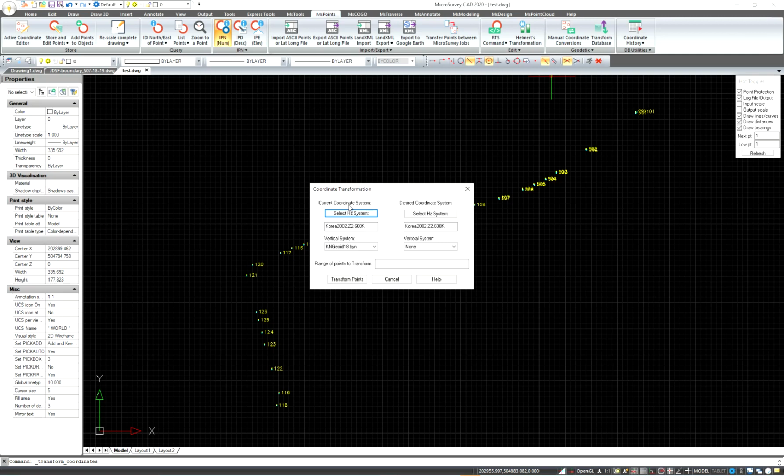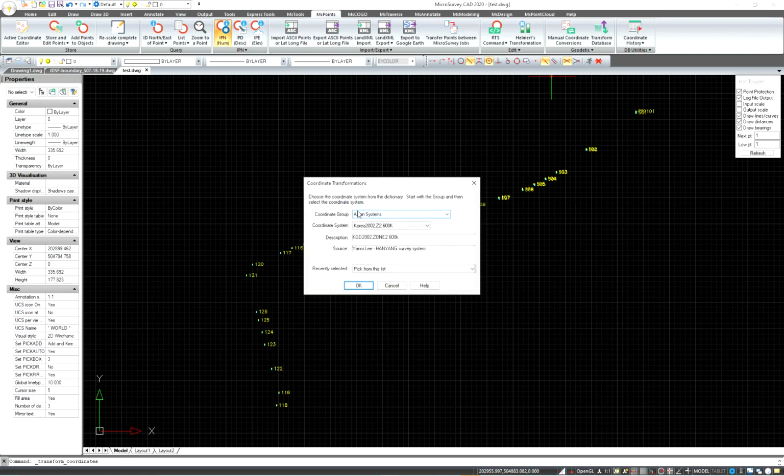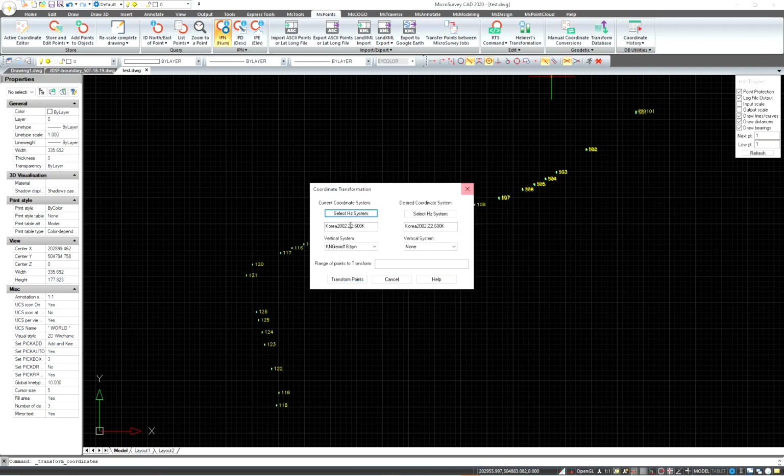So it's going to ask you to select your current coordinate system. So you click in here, you'll just have to browse to the coordinate system that the database is currently set in. I'm just going to hit cancel since mine's already set properly, and the vertical system will just be set to none, which is ellipsoidal by default. And because I am wanting to retain the coordinate system here, I'm just going to select the exact same system, but in the vertical system here I'm just going to select the KN geoid 18 so that it does transform